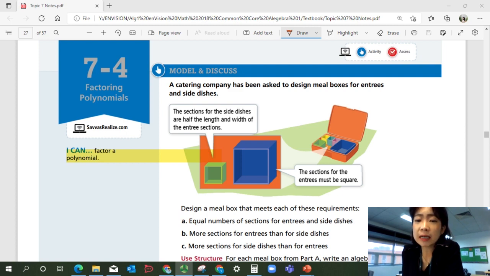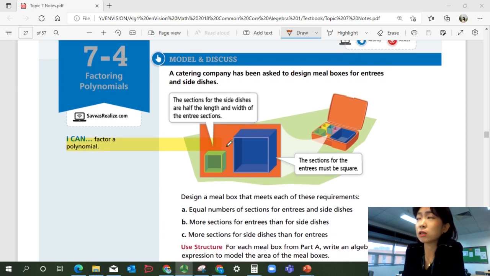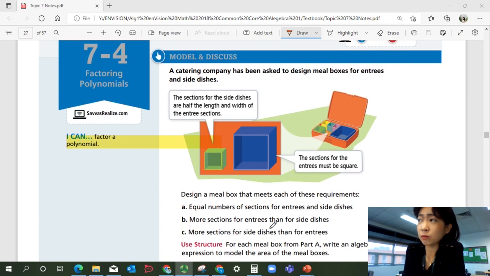A catering company has been asked to design mailboxes for entrees and side dishes. The sections for the side dishes are half the length and width of the entree sections. Okay? The sections for the entrees must be square. So you're going to put the sections for entrees and side dishes so that you design a mailbox that meets each of these requirements separately. So let's look at